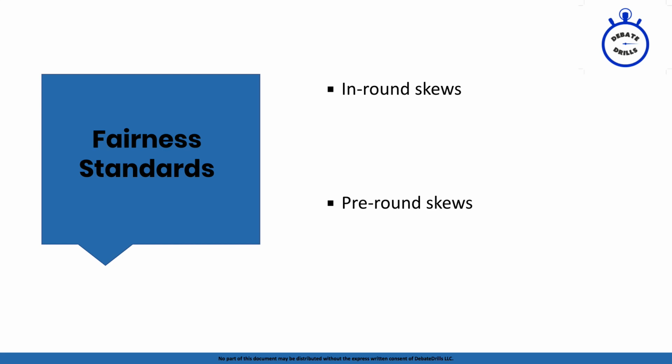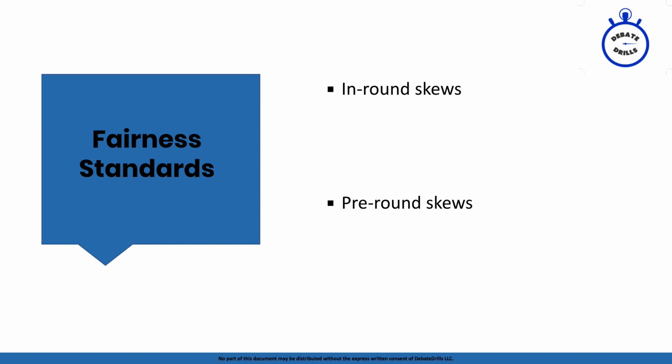So think about it as, how can we make a debate round unfair? Well, there are two general ways. We can make the debate round unfair within the debate, and then we can make the debate round unfair before the debate. So imagine that in the debate itself, I ended up reading a strategy that gave me exclusive access to a position that is very intuitively true. That would obviously probably cause some type of fairness skew, because it would mean that our opponent, the negative, has to debate against something that's just true, and the affirmative is the only one who gets to win on that argument, right?